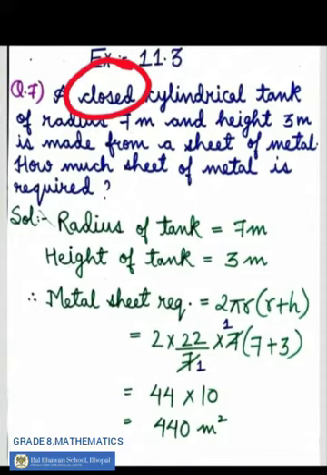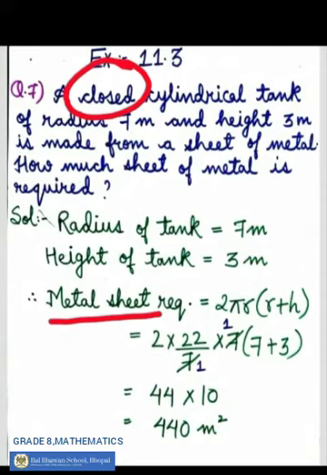That is why the metal sheet is required to cover it completely, including its top and bottom, of course. So that is why we will use the formula of total surface area of cylinder to calculate the area of metal sheet required, because whatever is the total surface area of this tank will become the area of sheet required.